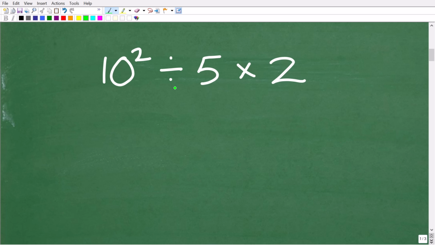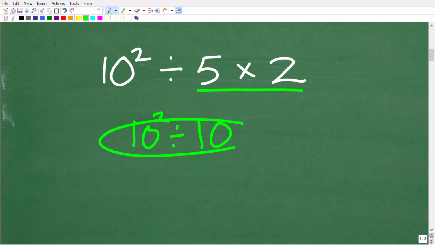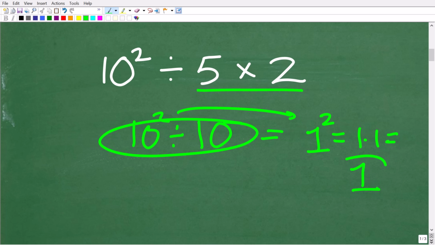So maybe we're looking at the problem and saying, you know what, I feel like doing this multiplication first. So 5 times 2 is 10. So that would give me 10 squared divided by 10. So maybe we want to do division next. So we're like, I don't know, I'll do 10 divided by 10. That is 1. So maybe this is now 1 squared, which is 1 times 1, or 1. Now, 1 is the wrong answer, but it is a value that we can generate if we take the wrong